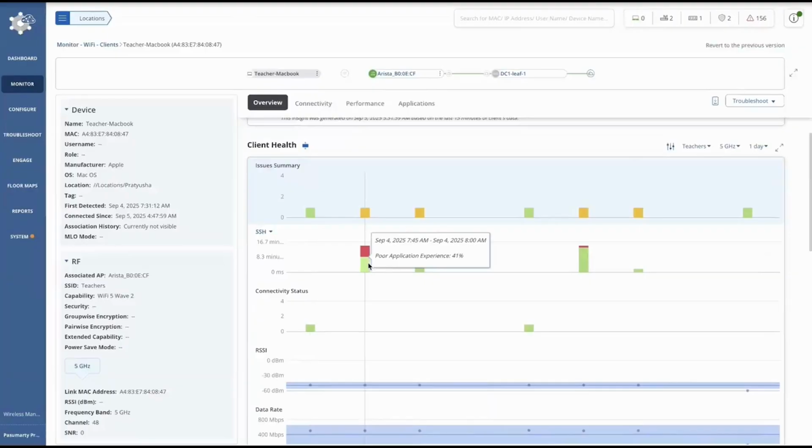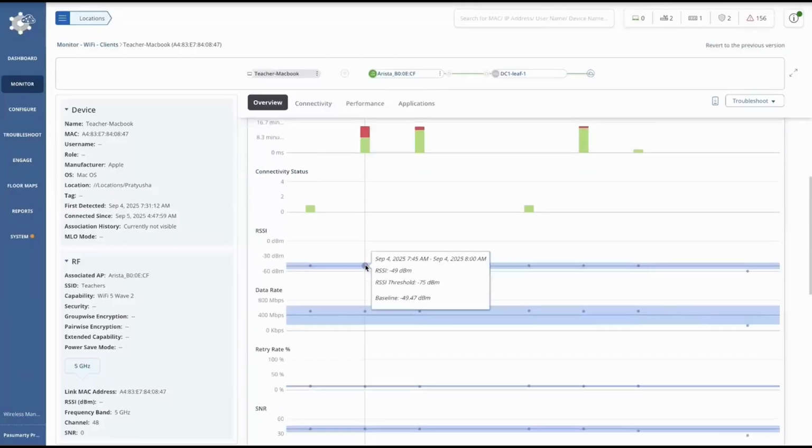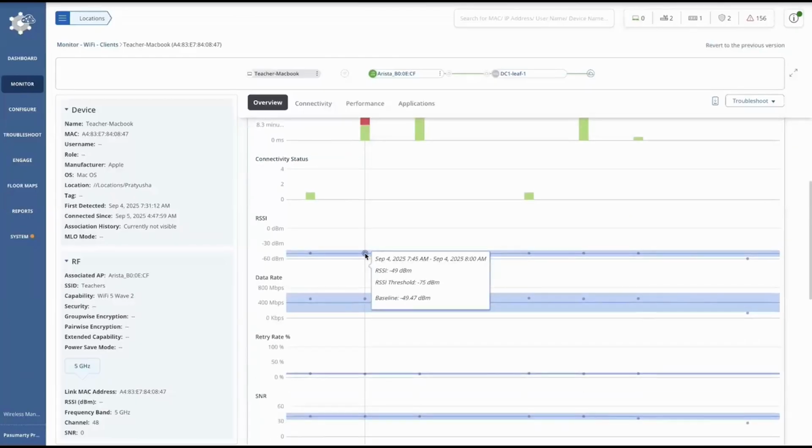Before we dive into the remaining wireless metrics, it is also important to understand the chart that is being used to plot here. So let's understand the components of a baseline chart. The first component is baseline, which is the solid blue line. This is the moving weighted average that represents the normal behavior over a period of time. The second component is the deviation range. This is this light blue shaded area, and this is an acceptable threshold around the baseline.